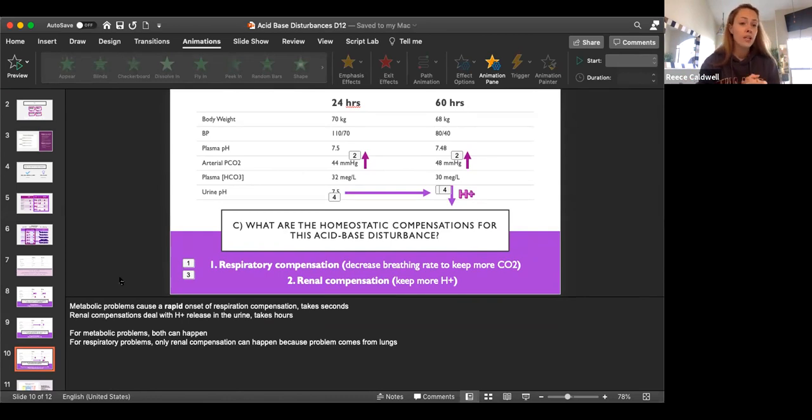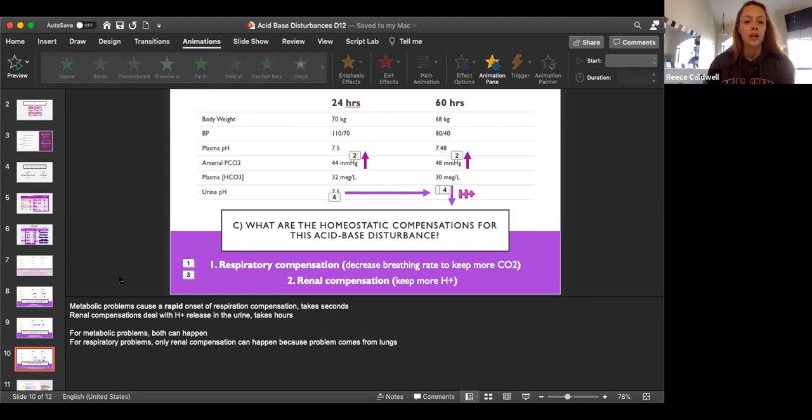As soon as our body detects some type of pH issue, we will have this respiratory compensation in seconds. So unless you test the carbon dioxide level in seconds, which is very rare, it will not be accurate